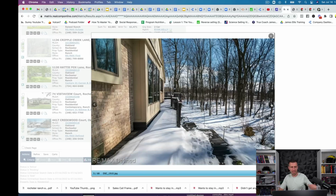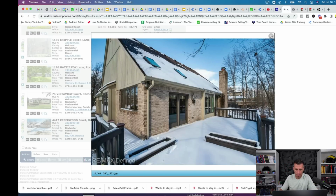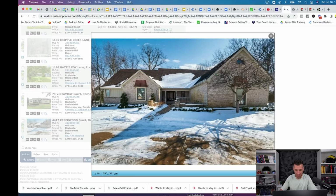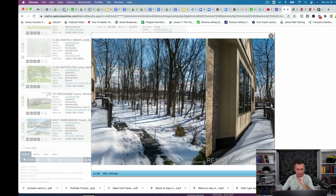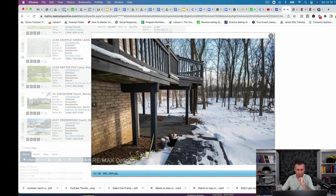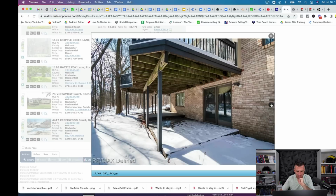3-car garage. Looks like it's got some land. All right, so let me just look to see how much land this has. This has just over an acre. Okay, so I still will probably put this in because it's close by. Ours has a half acre, so it's double the lot size, but it's still comparable because it's geographically located fairly close. Is it a walkout? Yes, it is. Okay, so it's a walkout basement